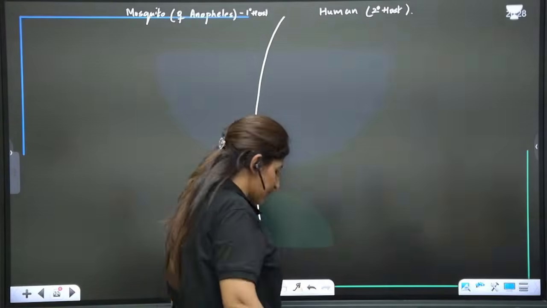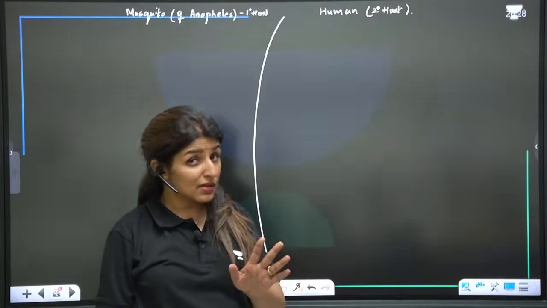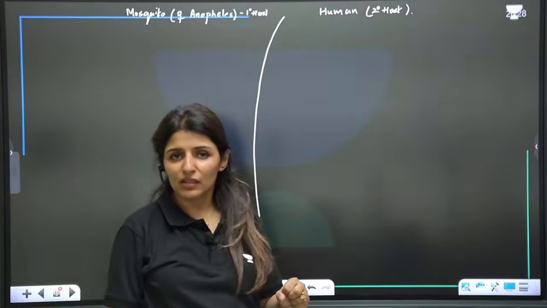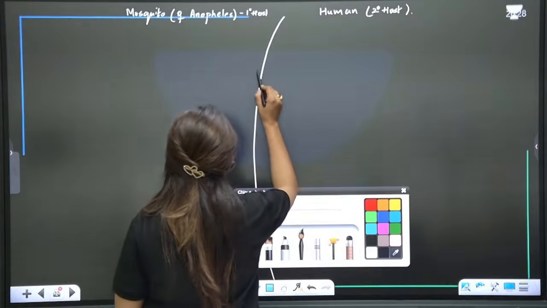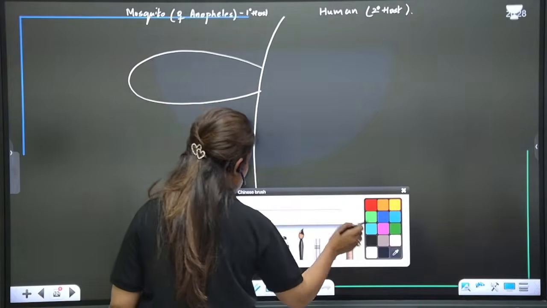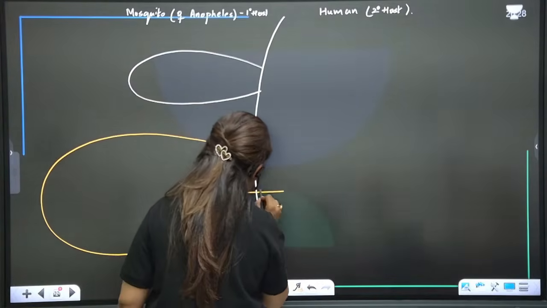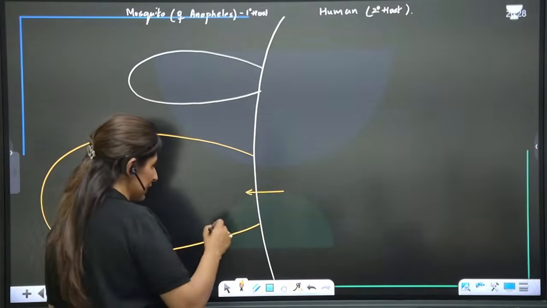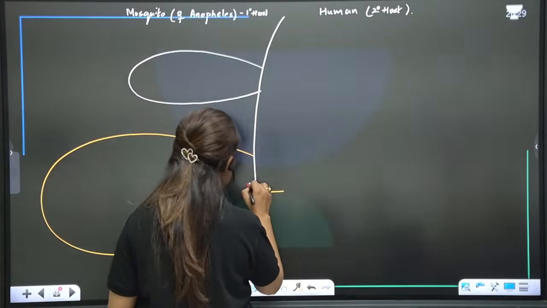So first point first, why does Anopheles bite us? The female Anopheles bites us. The male doesn't bite us because the male doesn't have to lay eggs. The female bites us because she needs iron from our blood. Now, this is the mouth. So when the female Anopheles is taking the blood meal, so during the blood meal,